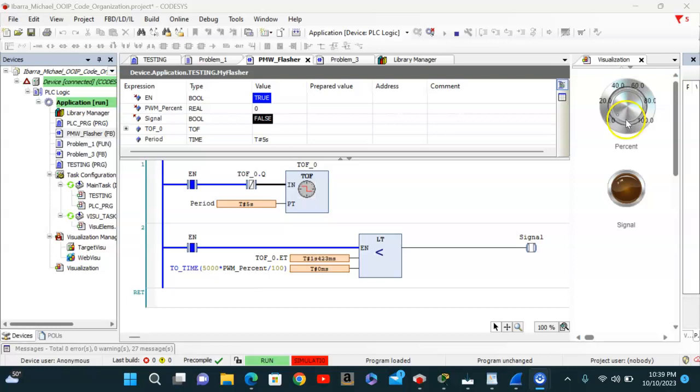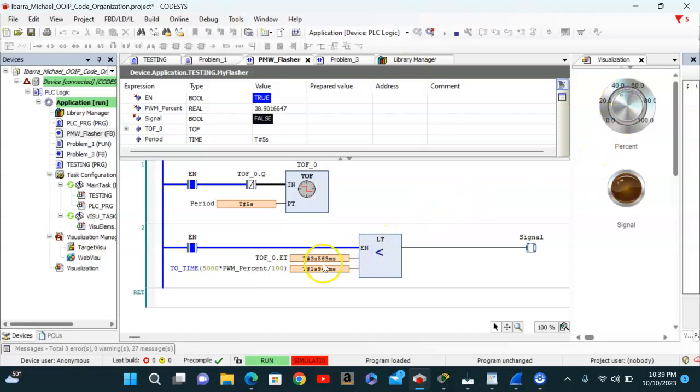So as you can see, we have our potentiometer at 0. We don't have an indication of a signal. If we move it to 20%, we get the light on, and we are off for approximately 4 seconds, and then the light will go on again, creating that signal. If we go to 40%,